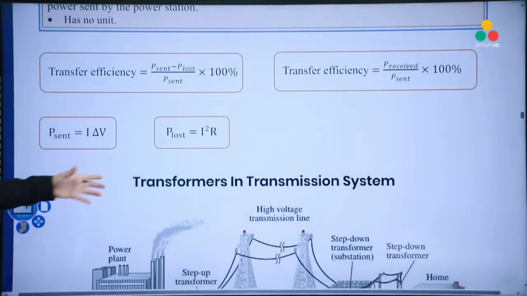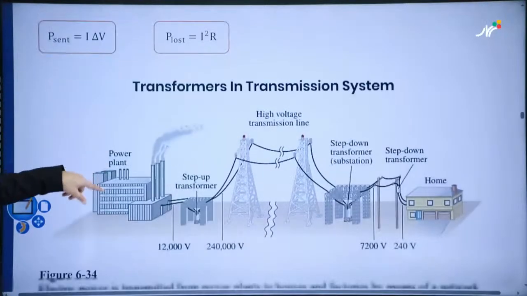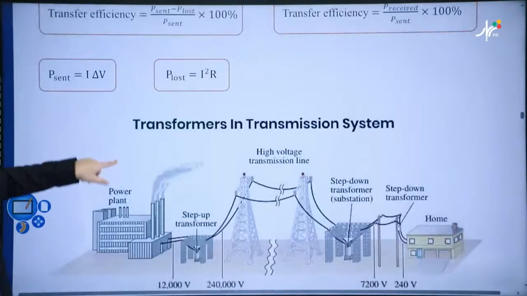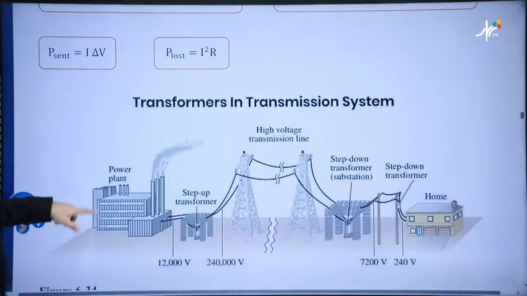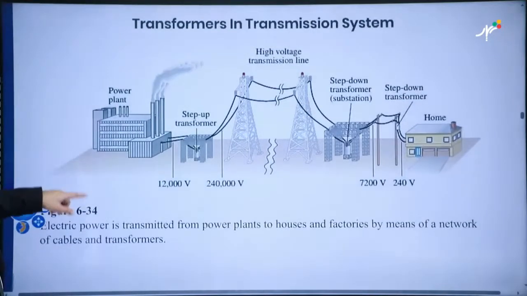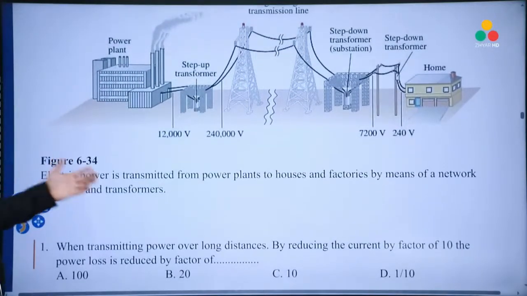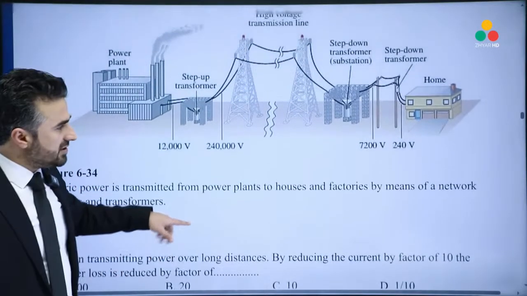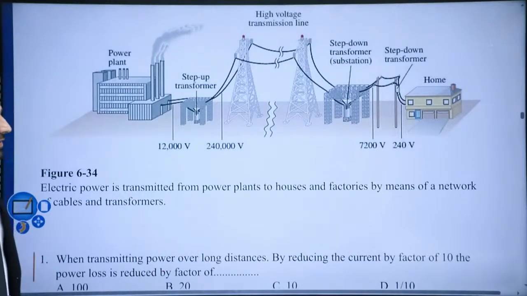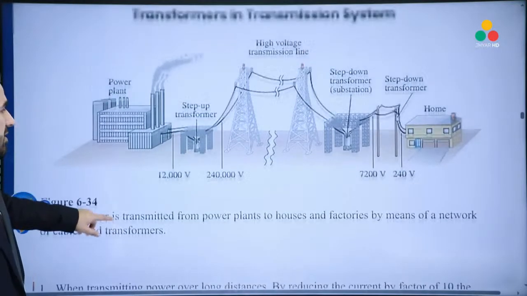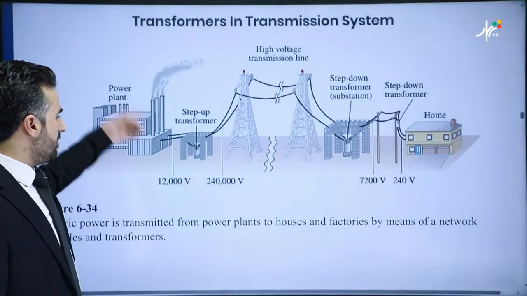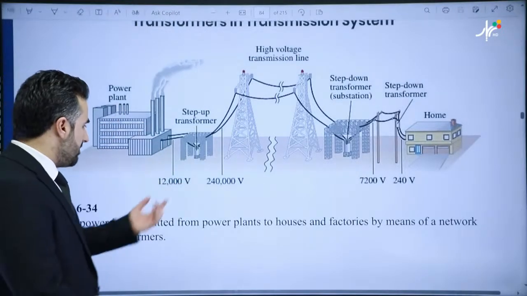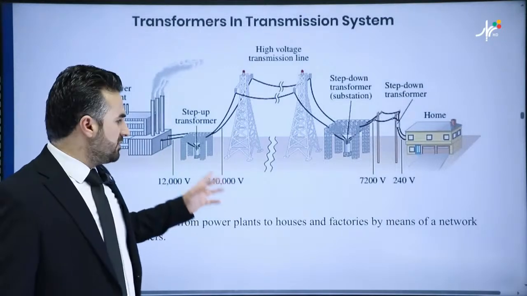Okay, so of course, now we are going to get into some questions, but just remember, these are the equations that we're going to use for the efficiency. And of course, this is a transfer and transmission system. So what does it say? Electric power is transmitted from power plants to houses and factories by means of a network of cables and, of course, transformers as well. So you can see this is where it comes from, the power generation, or the power plant, right? And then from this, you will step it up to, let's say,